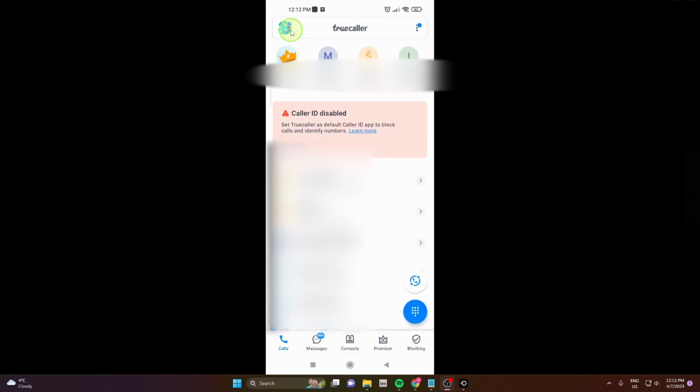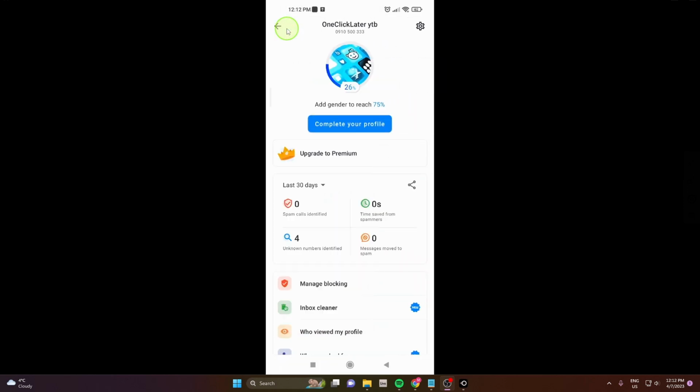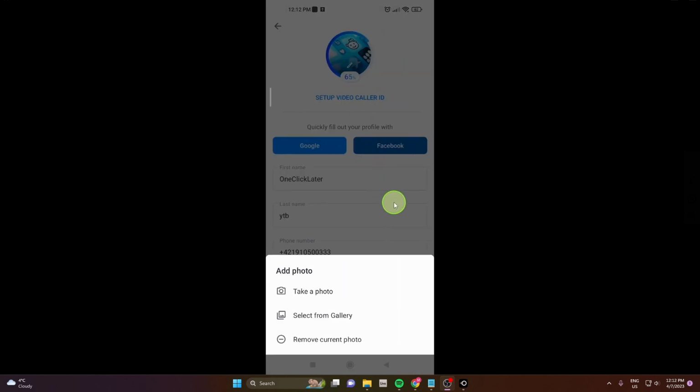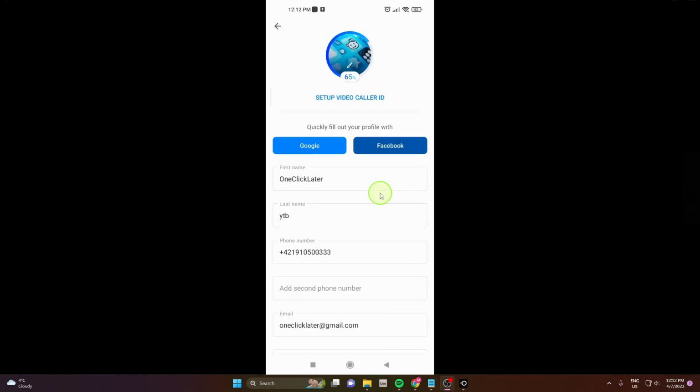Then go here, click on this profile picture in the corner. And then click on this profile picture again. Okay, just click on this empty space. And here you can change your profile picture, but also you can change your name that you put when you